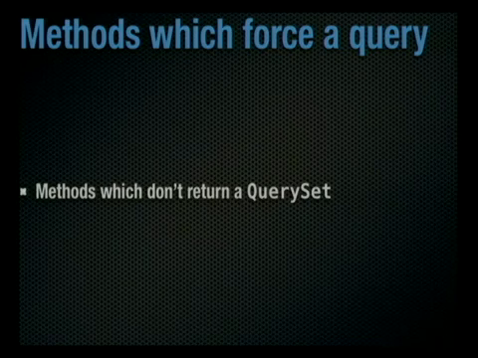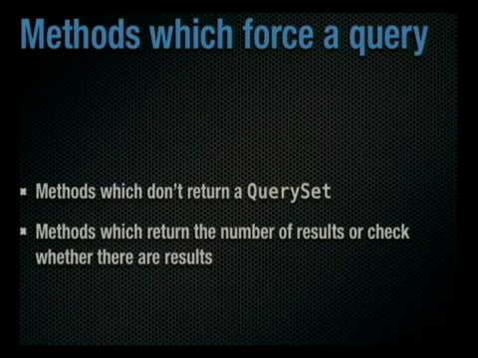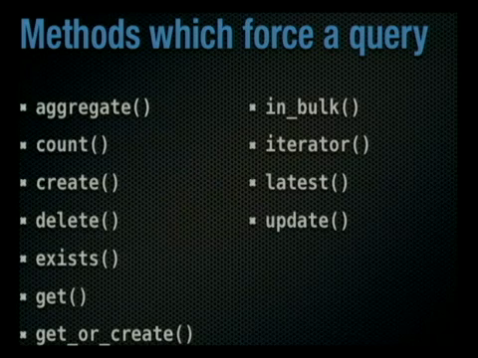Basically, any method that doesn't return a query set is going to force a query. We'll go over those in a minute. Any method which returns a number of results or checks whether there are results will force a query. I think this is an up-to-date list. I couldn't find any more when I was updating this tutorial. I think this is the up-to-date list of every method on a query set that ends up forcing it to do a fresh query. So I'll leave that up there for a second, let you all get that written down